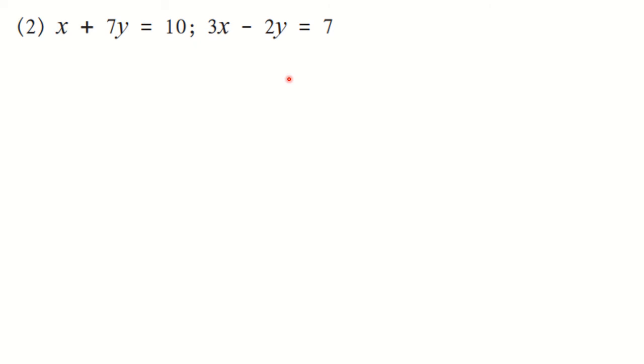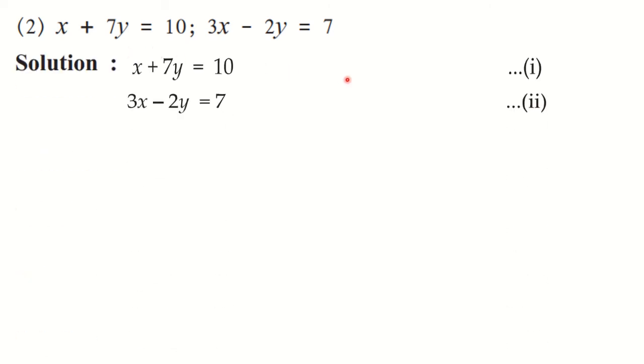If you want to use the first method, then you can use that first method also, number the equations as 1 and 2, and then you can equate the coefficients. You can equate the coefficient of x. You can multiply equation 1 by 3 and then you can go for subtraction. That is the first method. As I have said, I am going to use the second method, which is substitution method, so that you will understand that method also. The first method we have done in 9th standard so many times.